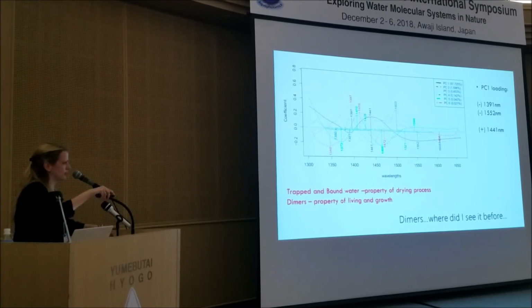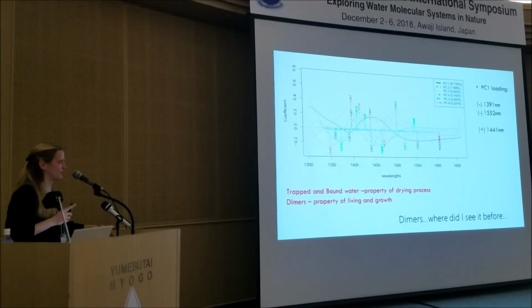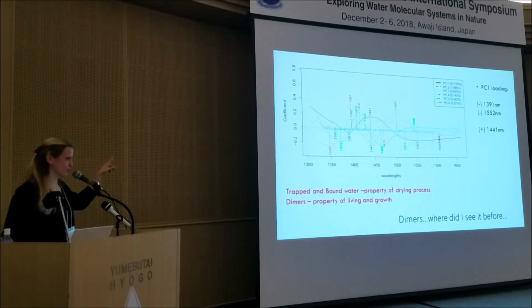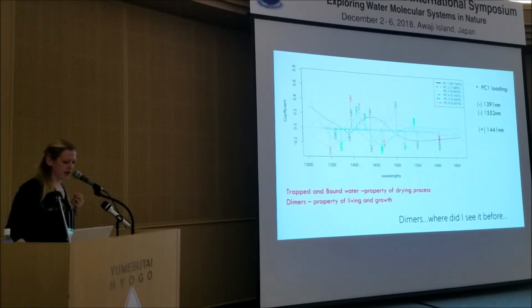And I saw that this is actually reported elsewhere as a property of the drying process in food, for example. So I knew that this is a property of drying process to see these two waters. And I saw again the dimers are important for these growing leaves, and I saw that somewhere else. I was really, really fascinated that I saw this as a property of really nice living creatures, and I